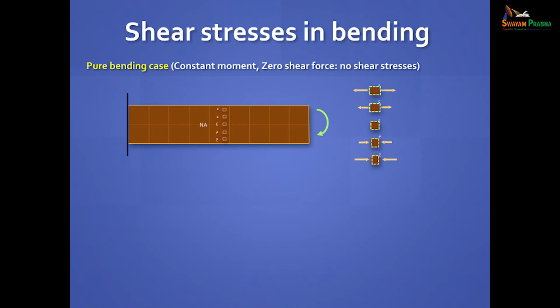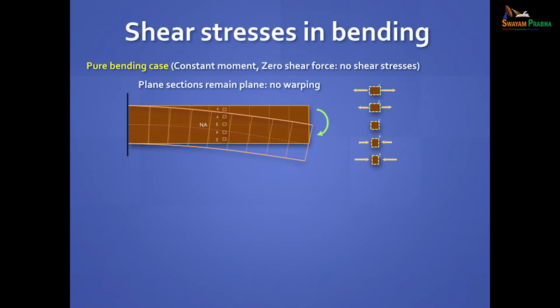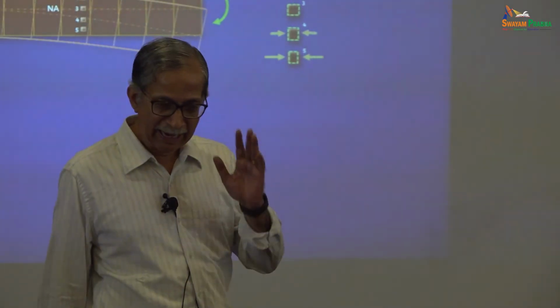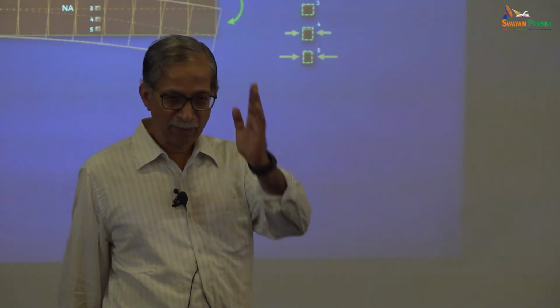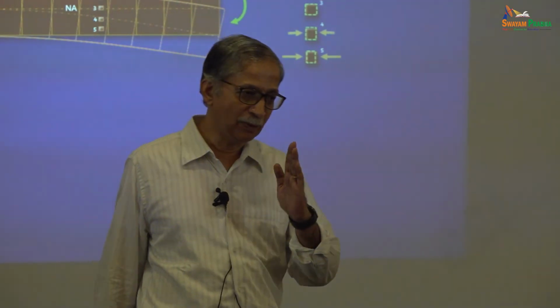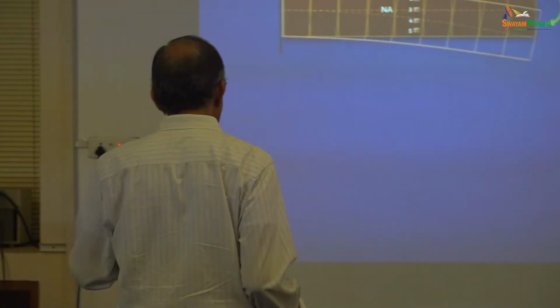Here, this is a typical cantilever. Here, the compression is in the bottom and the tension is on the top. It's a cantilever, classic. And this is the deflected shape. In this case, these lines will be perfectly straight. This is the plane sections remain plane assumption in pure bending. You can actually see it with your eyes. If you mark those lines, they will be absolutely straight. Now,